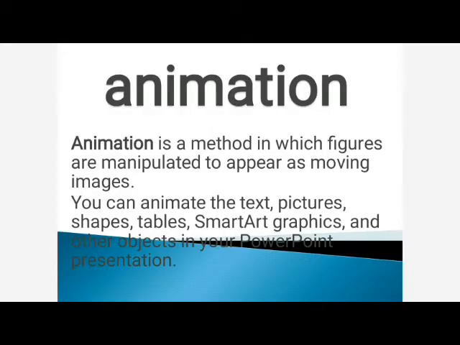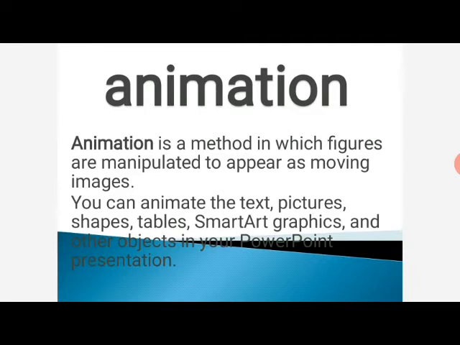What is animation? Why we use animation? Now start. What is PowerPoint? PowerPoint is an application software of the Microsoft Office package.